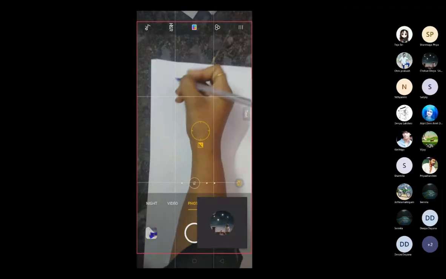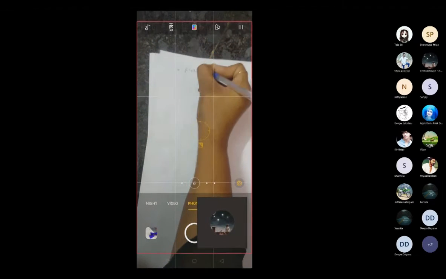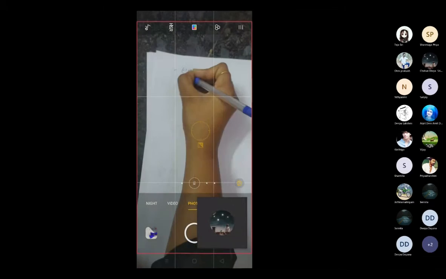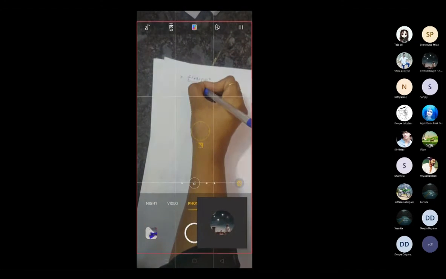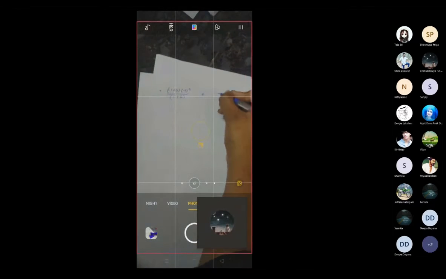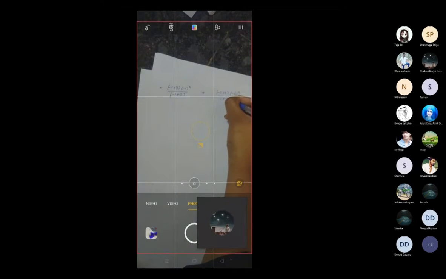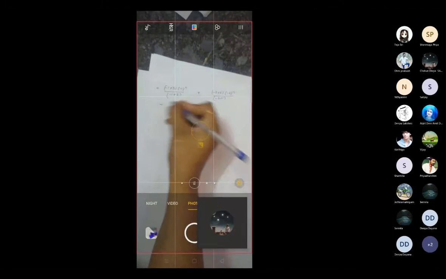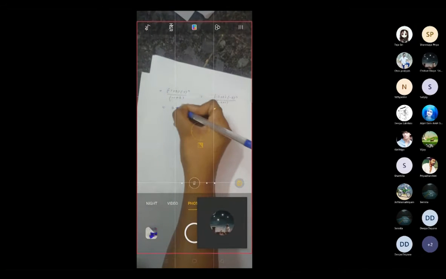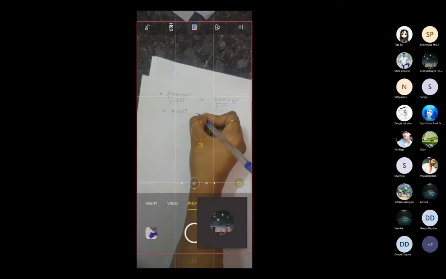Okay, so substitute the value z equal to minus 1: minus 1 plus 3 into minus 1 whole power n divided by minus 1 plus 2. This is your first term. So second term you have to substitute z equal to minus 2. So minus 2 plus 3 into minus 2 power n divided by minus 2 plus 1. Okay, next you have to simplify. Minus 1 plus 2 you will get 2, minus 1 power n. Here you will get 1 in the denominator.